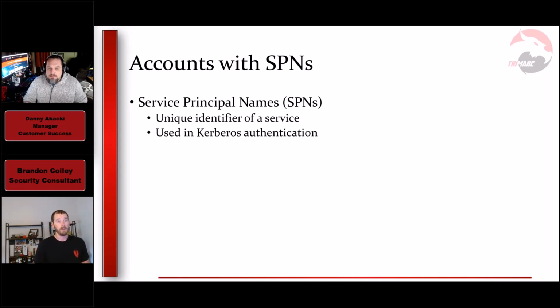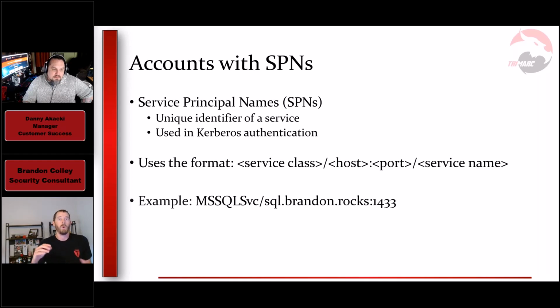All right, cool. So we jump to our second finding. Sorry, I kind of clicked through as we were chit-chatting a little bit. Our second finding is accounts with SPNs. An SPN refers to a service principal name. Very simply, it's a unique identifier for a service, and it's used and required for Kerberos authentication. It's also important to point out that everything this section is talking about is a standard function of Active Directory. It's not necessarily a vulnerability. It's required to exist. It's just the way it can exist and some of the protections that come around it.